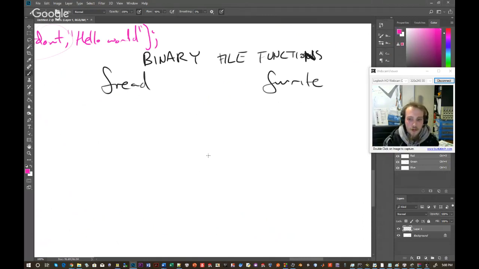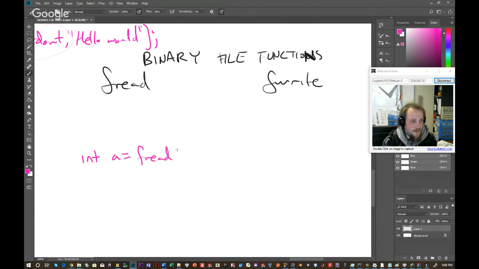I'll show you how it works. So basically, if we wanted to read something, we can do that by calling fread, and I'm actually going to store the result as well so you can see everything. So I'll do int a =